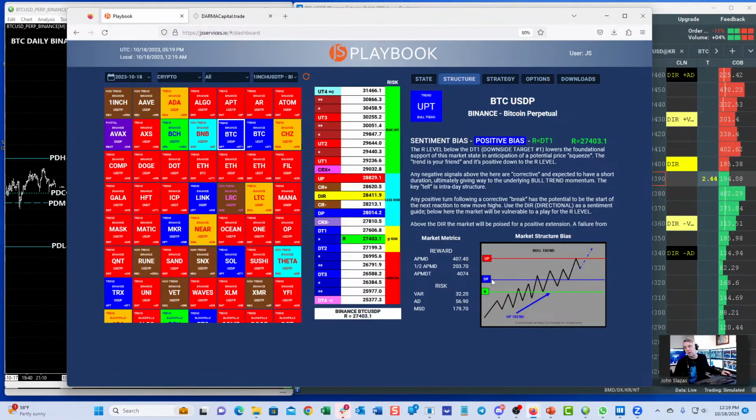This blue line, we call it the downside pivot. It's part of what we call our critical range. This is another good inflection point, the first breaking point of this positive trend. If the positive trend is really going to keep going, it's going to hold this downside pivot, which is 28,014.